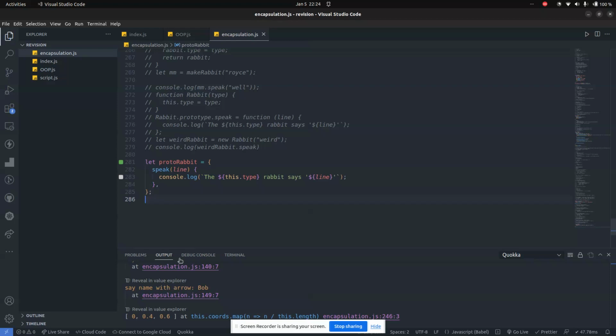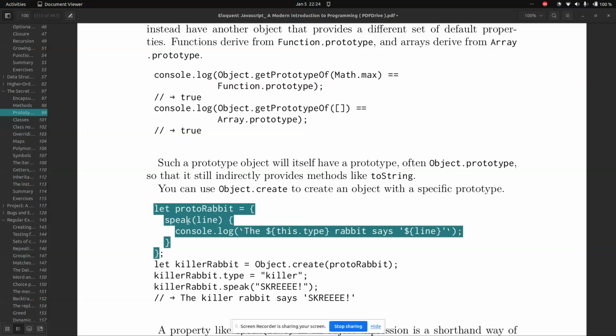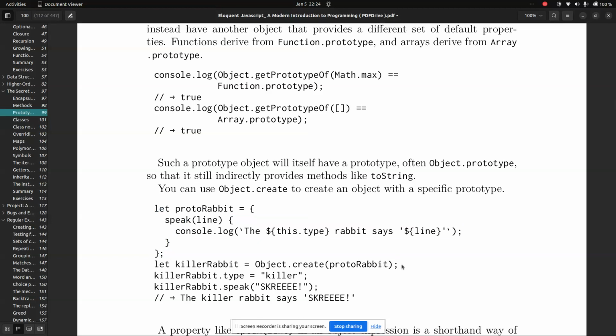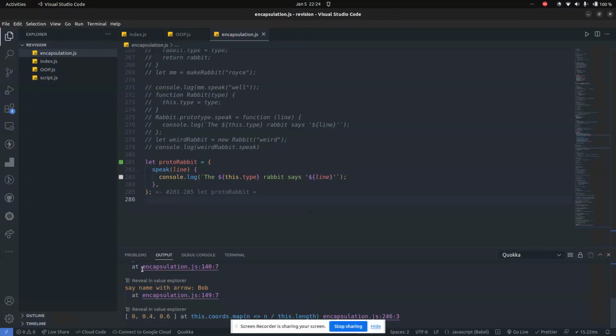So now we have an object, right? protoRabbit, and the object has a method. Now we want to create another object from this particular object, which is protoRabbit. If you notice, when we create killerRabbit from protoRabbit, the prototype of killerRabbit will be protoRabbit. So now when you do something like